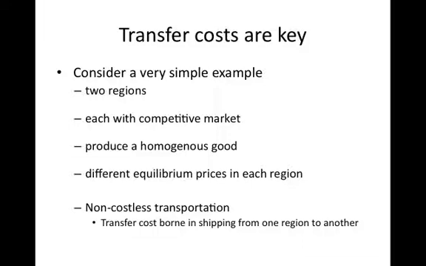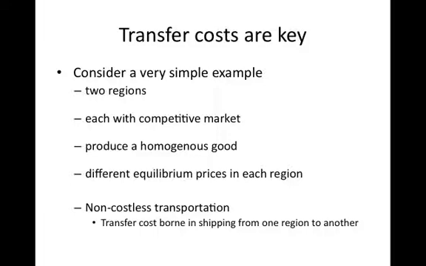Now we're going to illustrate this with a couple of examples during class, but I want to talk about a few things here to try to get the point across. So let's consider an example where we have two regions. And in each region we have competitive markets. So we've got a perfect competition assumption. And in each region a homogeneous good is being produced. So for instance, it could be a bushel of grain in Western Canada versus a bushel of grain in North Dakota. And those bushels of grain are the same variety and have the same technical specifications, so they're an identical product.